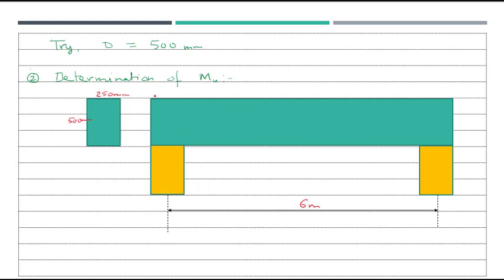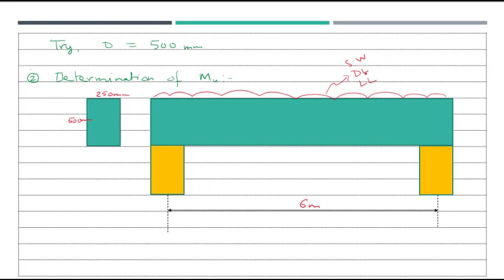Now in this beam, what loads are acting? You have this UDL. One load is dead load of the beam, another is live load of the beam. Also you have self weight of the beam. So you have self weight, dead load and live load acting on the beam, and whatever load has been given, those are service loads. And for limit state of collapse, what we need is ultimate load.